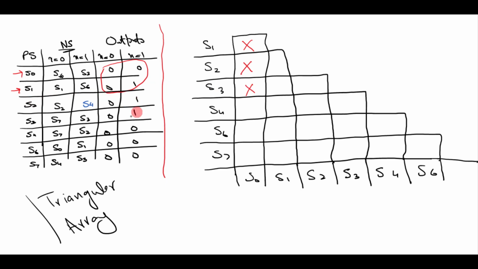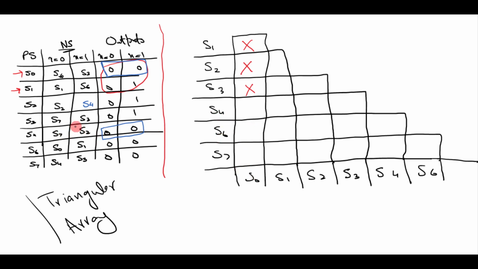Now come to the state S4. Here S4 and S0 have the same outputs. They can be equivalent, but right now we are not sure. We have to do some work to find out whether they are equivalent or not. That's why we are filling this triangular array. So S0 and S4 can only be equivalent